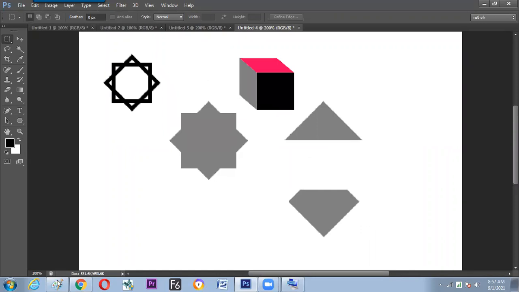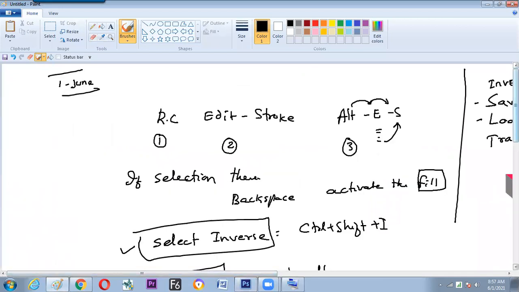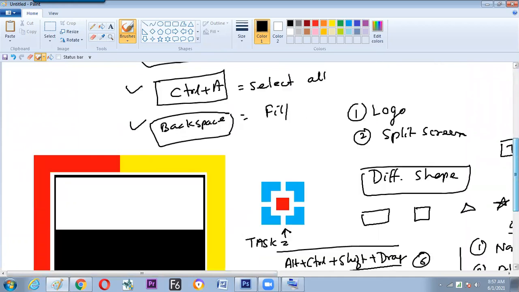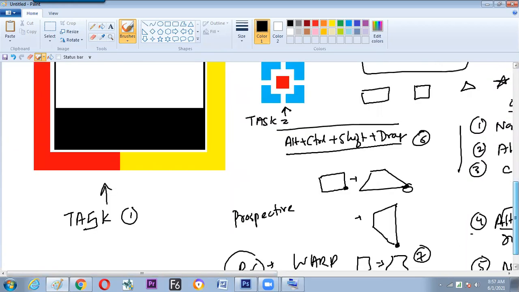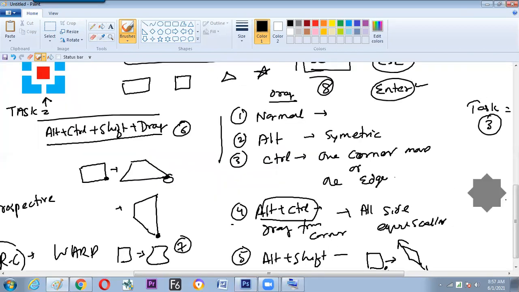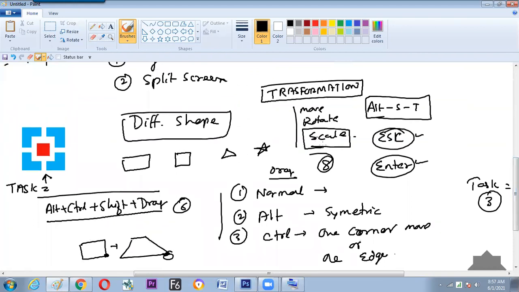But the options we have learned today are the transformations and selecting and putting the strokes, invert selecting, backspace to fill it up, and slowly we switched to the option called transformation. Inside the transformations, we focused more on the scaling part and 6 to 7 different types of transformations we have seen here.